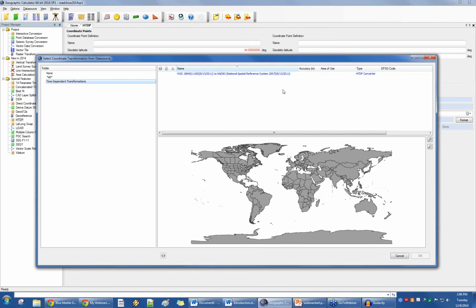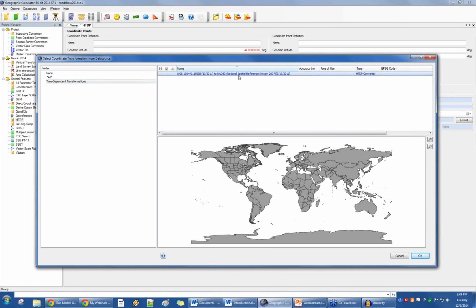So we don't actually have set parameters for this. It's a little bit like a grid-based transformation, but this is essentially coming out of this software called HTDP that is published by the NGS here in the States. It is really a black box system. We hand coordinates into it, supply the dates, and inside it actually does three things to the data. It applies a frame shift from one reference frame to another, and it does two temporal shifts, depending on the combinations of epochs that we've supplied for it. When we select that,